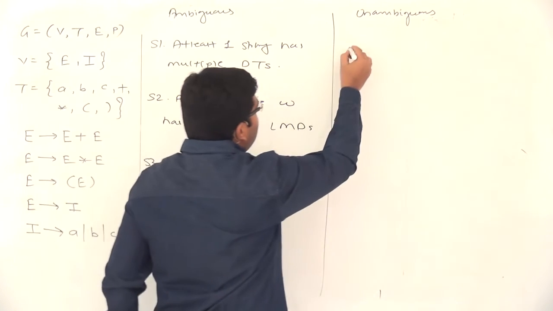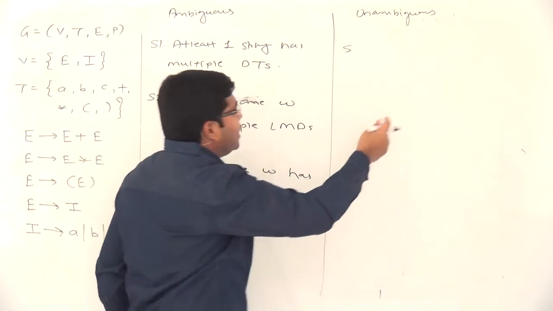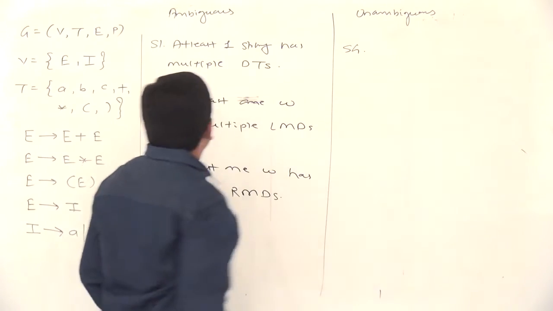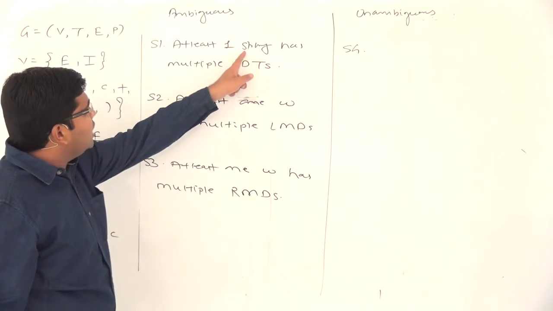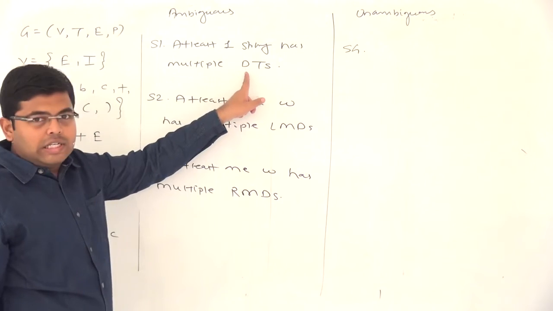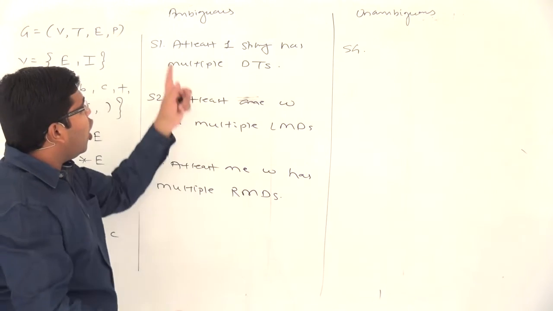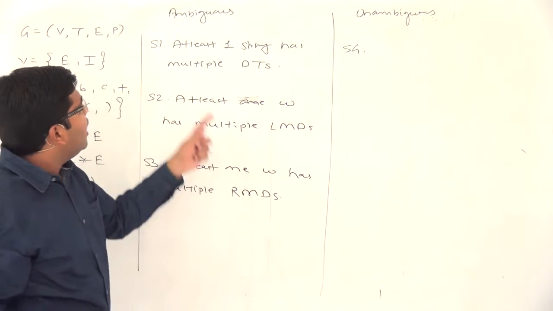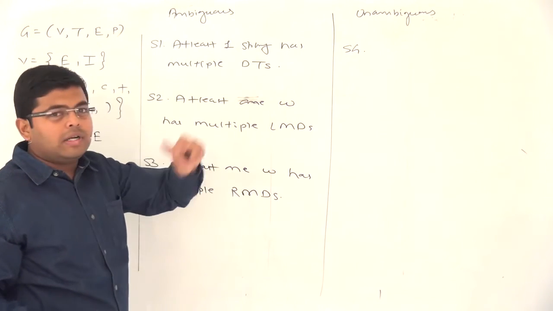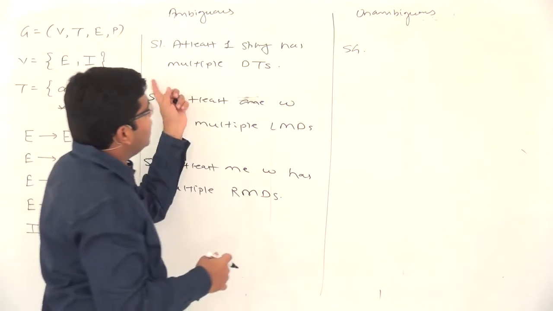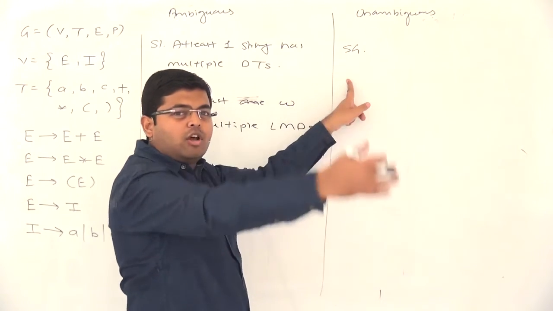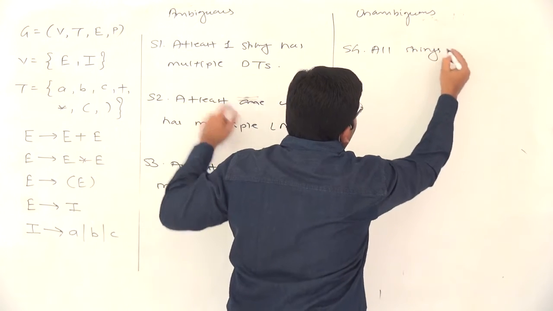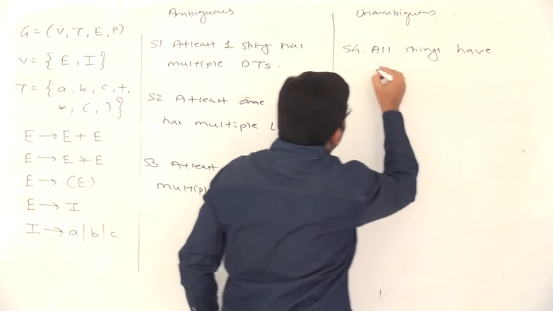And now let's write down the corresponding definitions for unambiguous grammar. So I will begin with S4. Now here, at least one string has multiple trees. Its complement: "at least one" will be complemented as "all", and "multiple derivation trees" will be complemented as "unique derivation tree". So the corresponding definition of the unambiguous grammar will be: all strings have unique